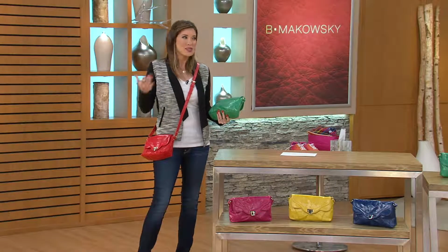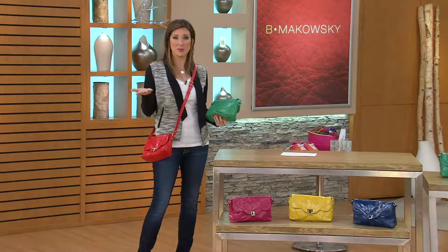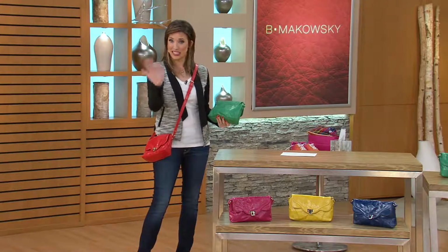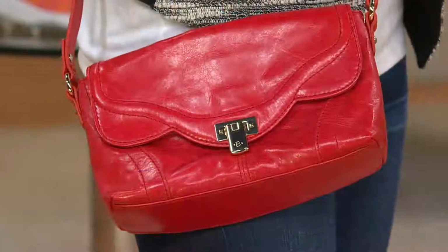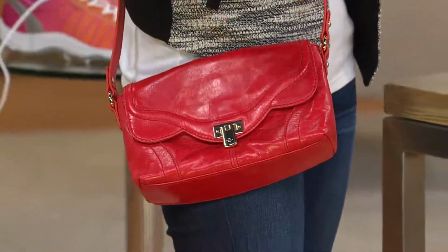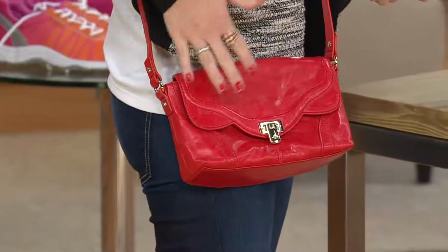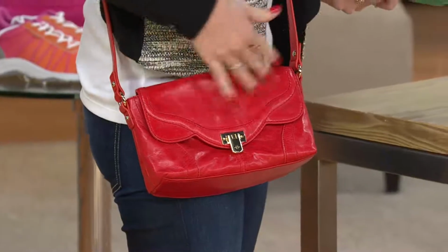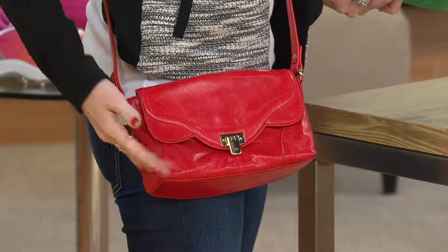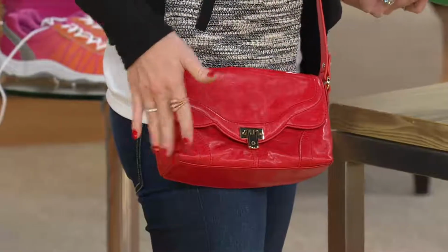pretty, because, you know, some crossbodies are very utilitarian and honestly announce to the world, look, we get it. You need to be hands-free, but honestly, what is that on the side of your hip? I mean, seriously, some crossbodies are like that. This is a crossbody that you would expect the style to be in a bigger silhouette because it's so intricate, because it's so delicate and feminine with that scalloping, but yet you get it in a smaller condensed bag that's